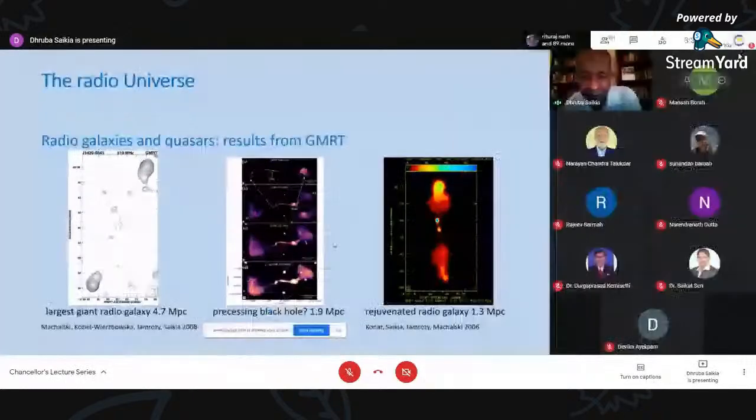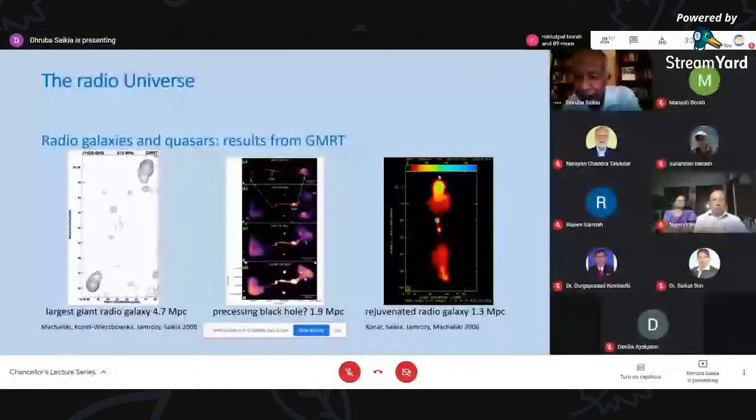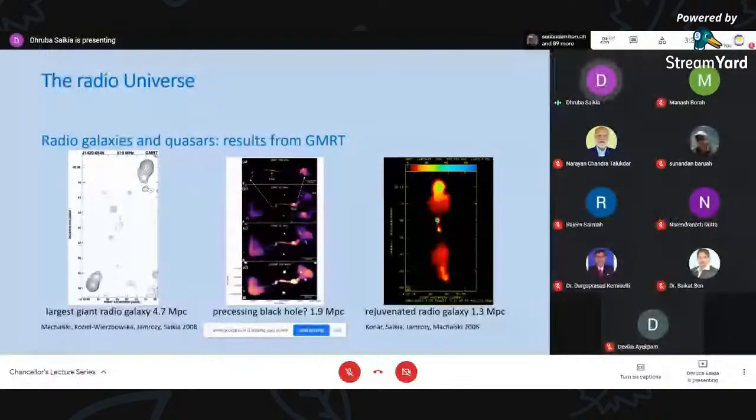And this is a beautiful object in which we again found new emission. So these are aspects of why galaxies switch on and off, interesting questions which we try to understand